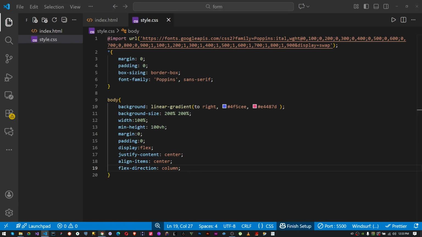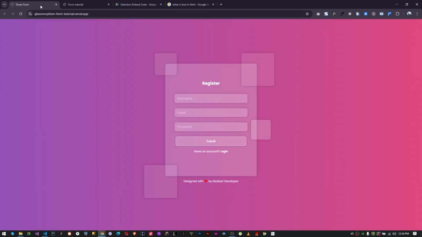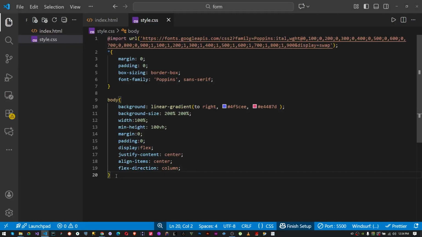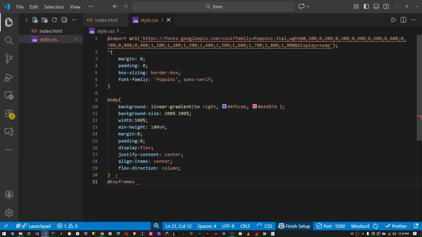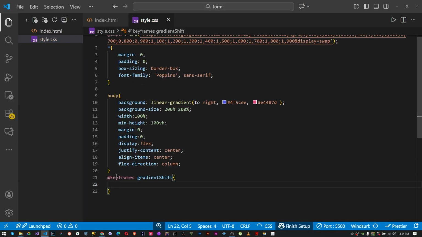Look at this now. Let's look at what we have. You see, this is what we have, right? In the original one, which is this, let me move this. The original one, you can see it changes, right? So we'll come back and we'll use the keyframes. Let me just add keyframes. Let me call it gradient shift, right? Gradient shift, that's not the right spelling. Gradient shift. Then at 0%,